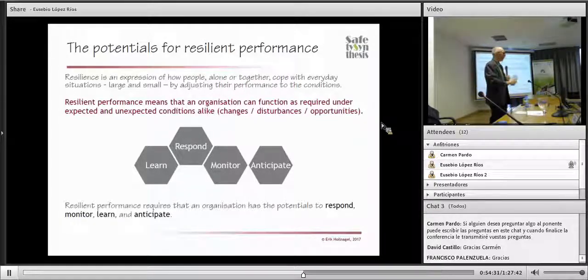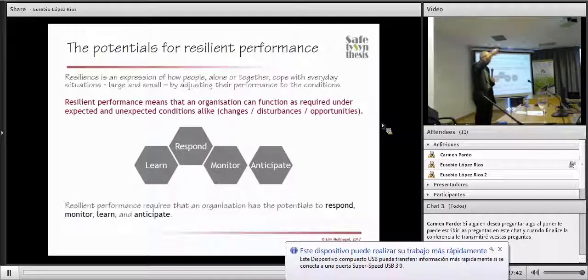We need to learn. You must be able to learn, because if you're not able to learn, then you will always respond in the same way. You will never be able to improve the way you respond. You will never be able to improve the way you monitor. So of course you must be able to learn. And the last thing is you must be able to anticipate. You must be able to look ahead. Monitoring is looking at what happens now, but you must be able to think what is going to happen in